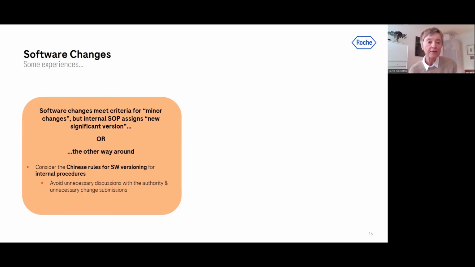And the set of documents must describe then the delta between your version that you once submitted and that version that you now want to place on the market. And since you may have had several minor changes in between, it might sum up quite a lot of information, because you would have to then describe the changes between several versions you did in the meantime. So I think even though sometimes we like to keep our software versioning rules because they are well established in the company, it might be good, once you decided to go to the Chinese market, to also consider that